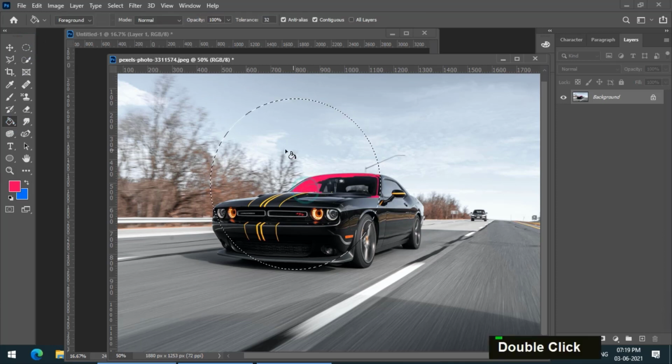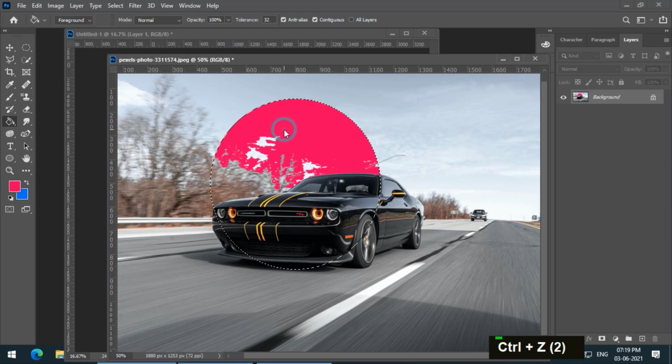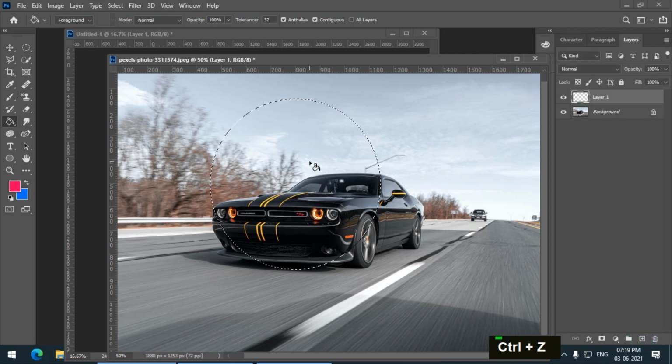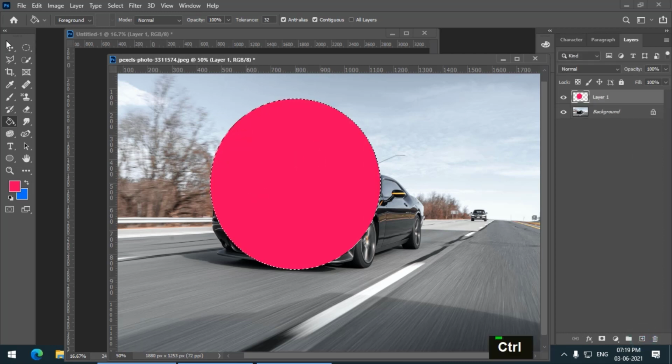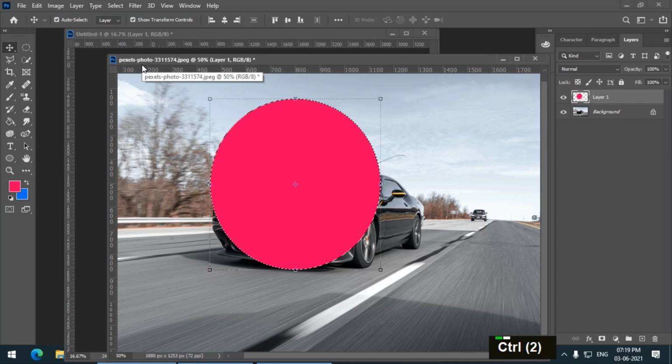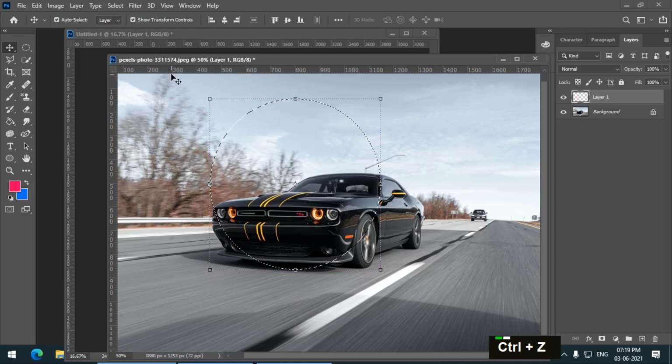What will happen? It will only be colored on the similar pixels where I have clicked. What if I create a new layer? Then it will fill.